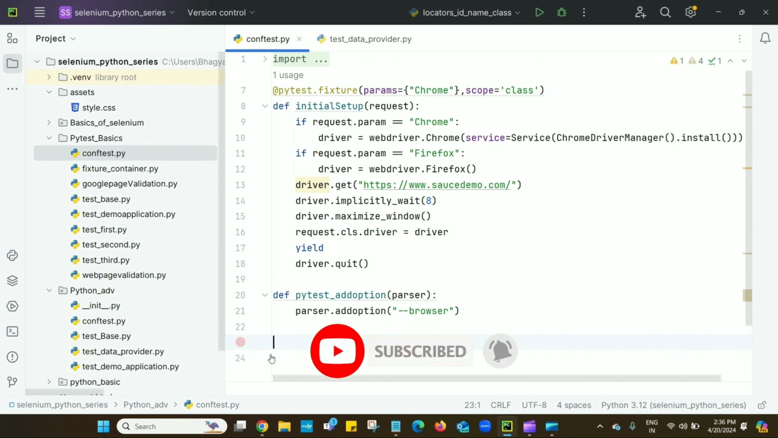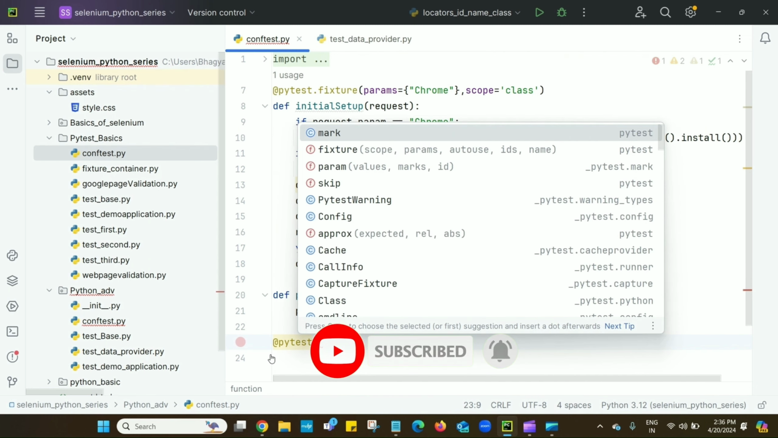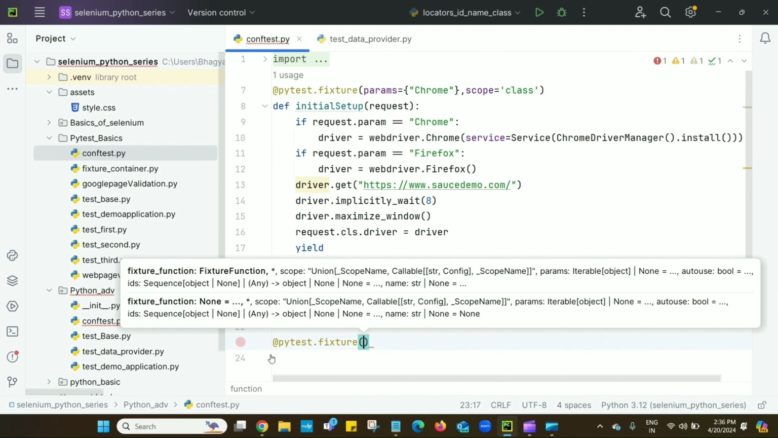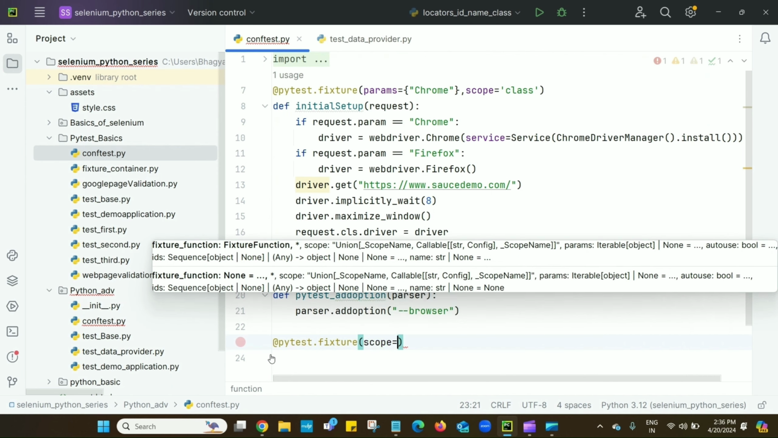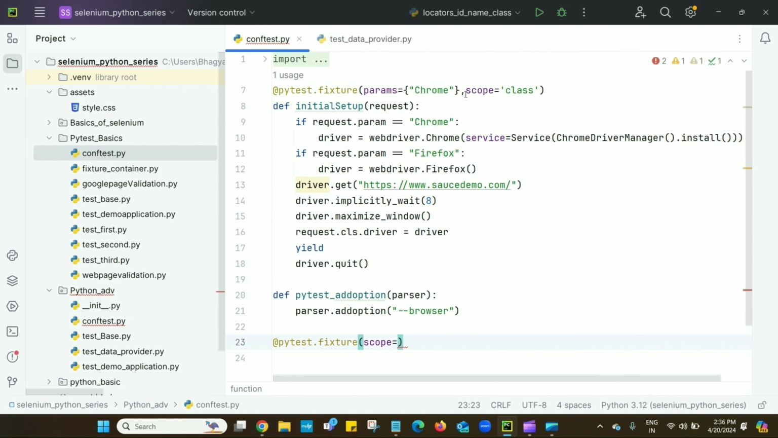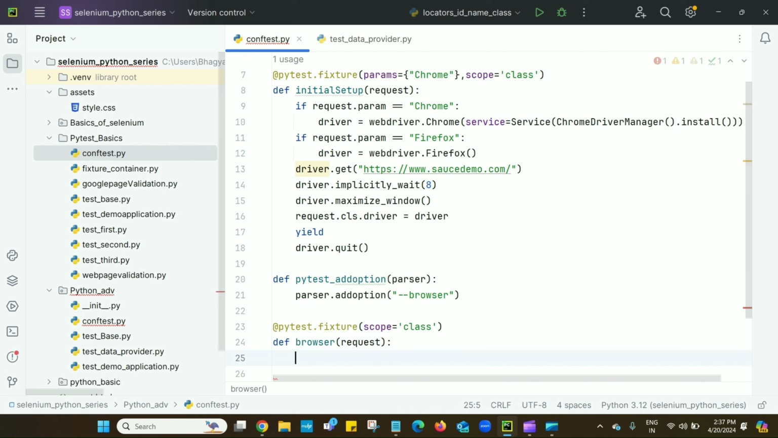Now how to detect or how to get this option? So for that we have to define one more fixture. I will define one more fixture, and as I have defined scope as class, here also I have to pass the scope as class. Now we will define one method, browser, and here we have to pass the request parameter. Means through request I will fetch this option, and it will simply return request